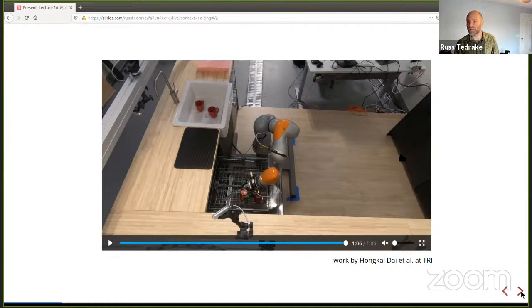You'd think I've worked on dish loading enough that I would stop saying sink and dish rack, but okay, in the dish rack. Good. So